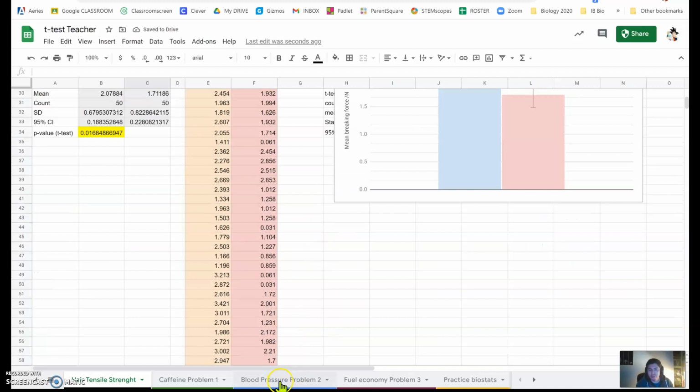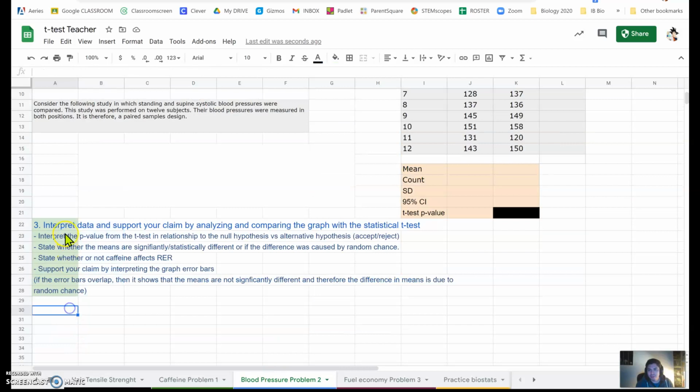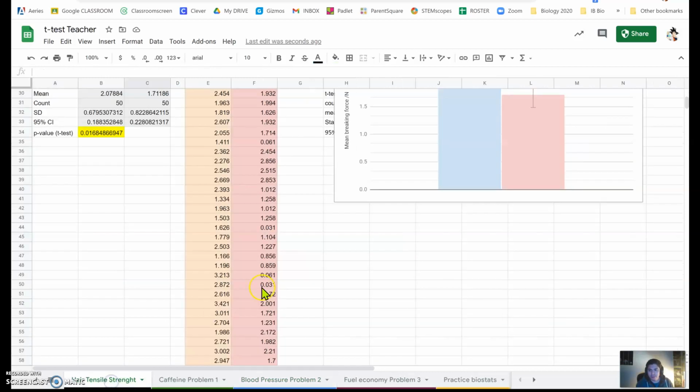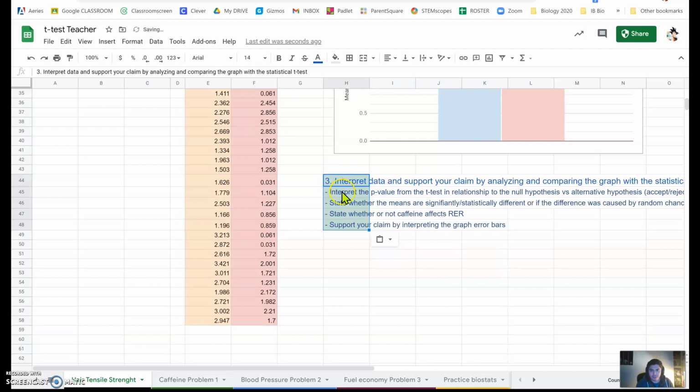Go to blood pressure problem 2. Go ahead and select this text right here. These are like the questions that we need to answer. Copy it and paste it somewhere in here. Space large enough that you can answer these questions. What I discovered is that for whatever reason they have this bottom formatting in them. I don't know why. So we'll change the bottom formatting to the top, and that's going to make a difference,